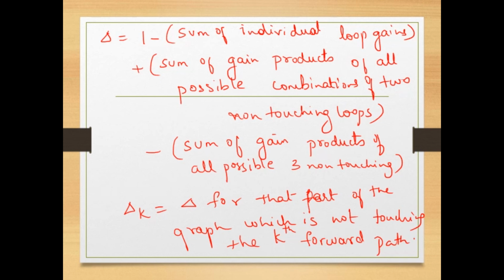So this is all about the theory of the signal flow graph, wherein we have seen the introduction part. We have seen a few terminologies related to SFG, also by considering an example. Later we have seen the properties of signal flow graph. Next, how we represent a block diagram in terms of a signal flow graph, and finally we have seen what Mason's gain formula is. So this completes the theory part of the signal flow graph.